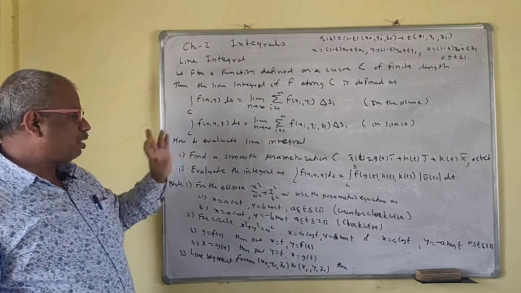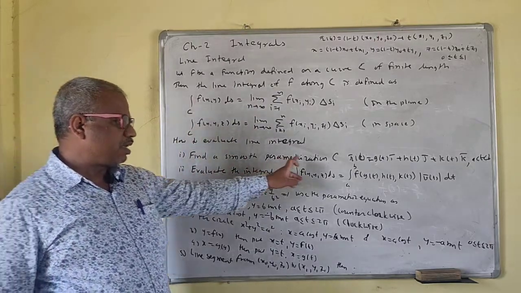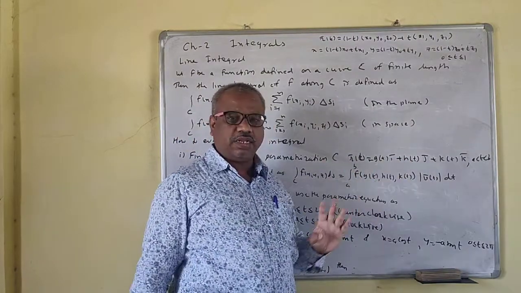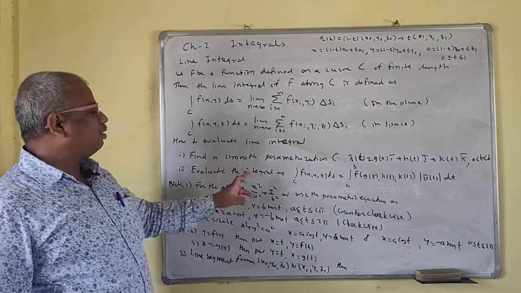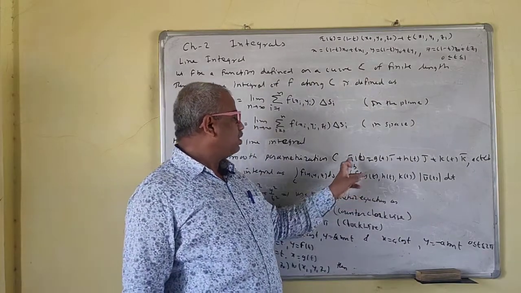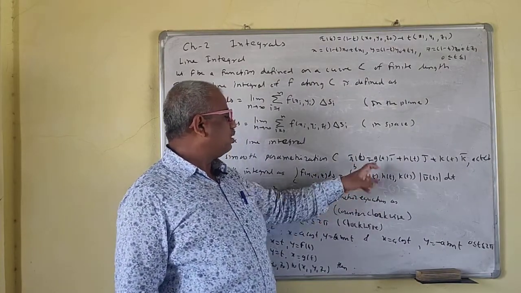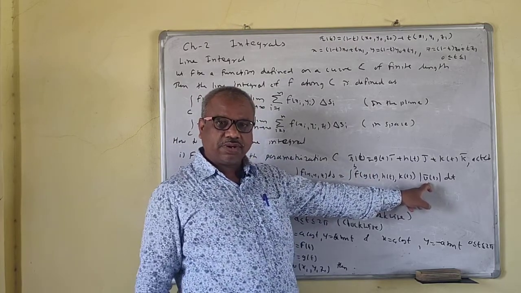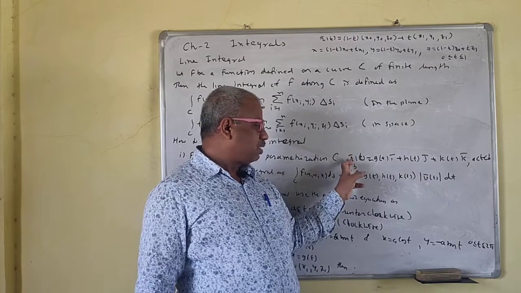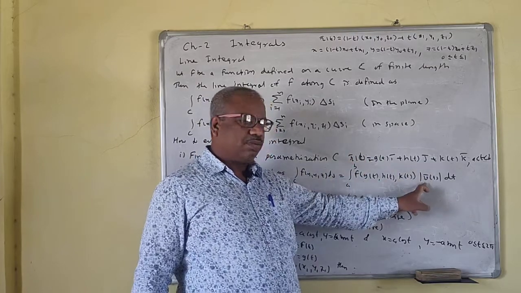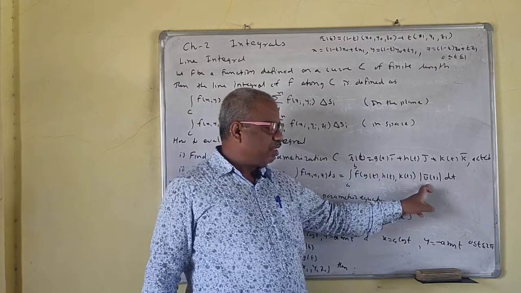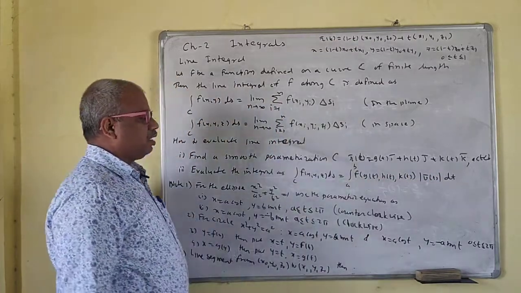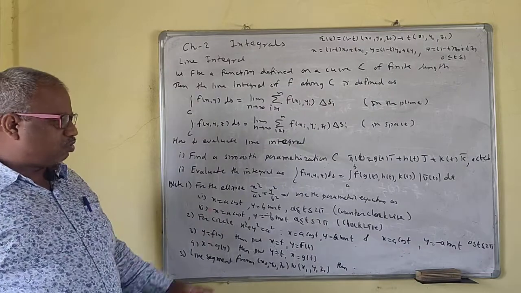So how to evaluate the line integral? Find the smooth parameterization of this curve. You have to find the smooth curve with the given data, and evaluate the line integral like this. You have to replace x as g of t, y as h of t, and you have to find the mod of v bar of t. That means you have to take the derivative of r bar. You are familiar with this v bar. Then this is a one variable function, and you can integrate this. This integration is a vector, no problem for this one.